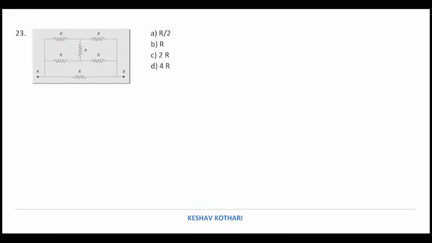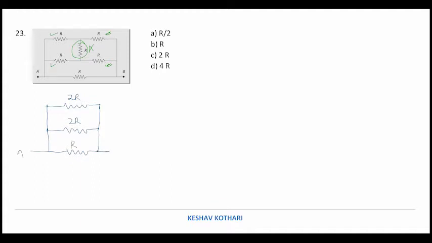So in this question, we are finding that there is a Wheatstone bridge network over here, that the ratio of the R1 R2 on the left hand side and R3 R4 on the right hand side are balancing. So we can remove the resistance in between. So if we remove the resistance in between, so we get resistance of 2R on the topmost rung, then 2R, and then in the lowest rung we have equal to R.